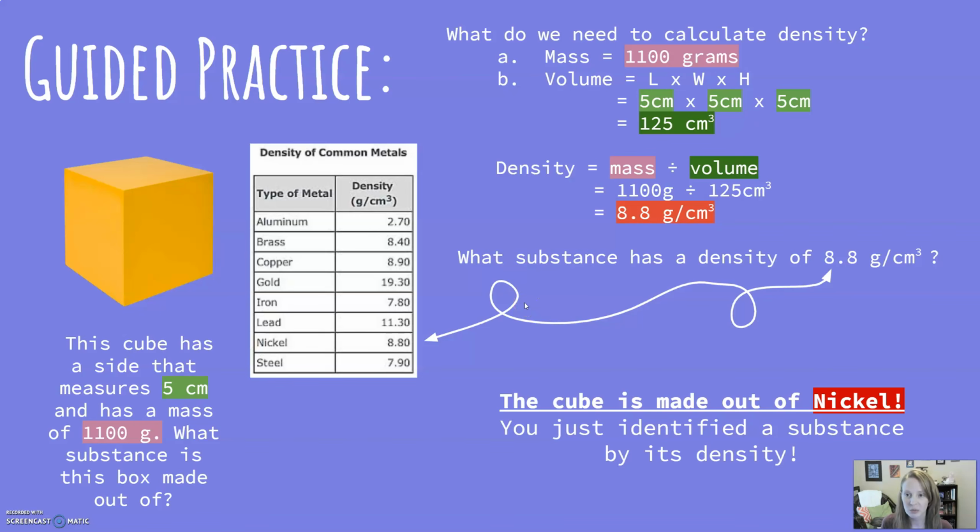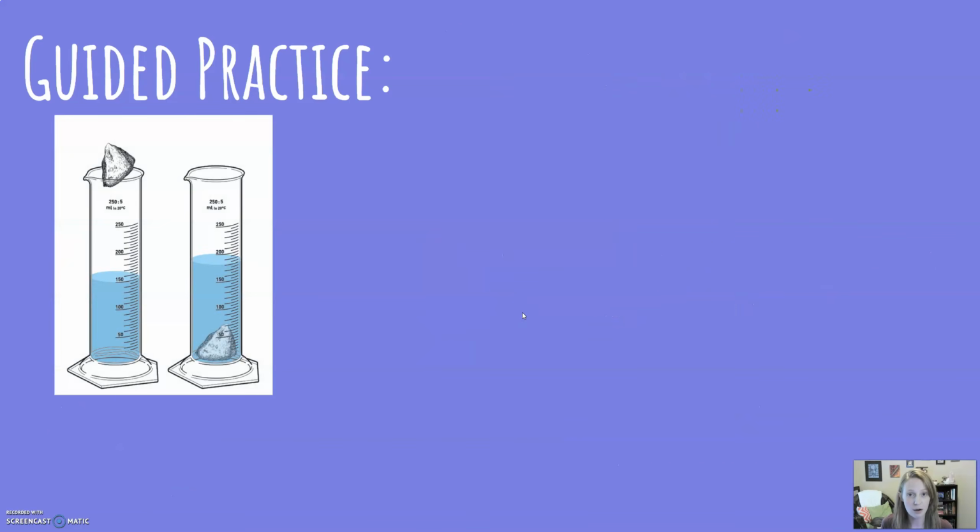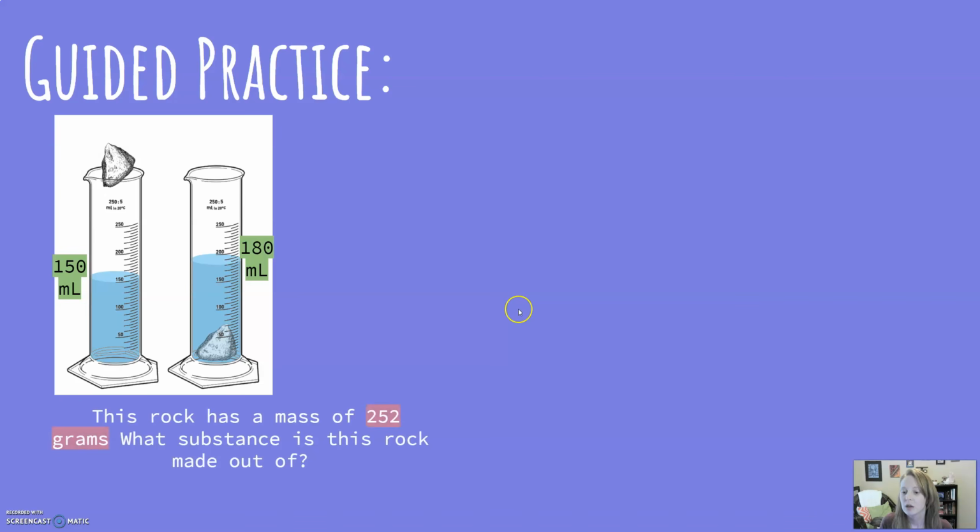And we're going to do one more guided practice. This one is a little bit different because it's not a regularly shaped object like a cube. This time, it's going to be a rock. It's called irregular. So in the graduated cylinder, we originally have 150 milliliters of fluid. We're going to say it's water this time. When we put the rock in, it goes up to 180 milliliters. We'll use those numbers again here in just a little bit. This rock has a mass of 252 grams. What substance is this rock